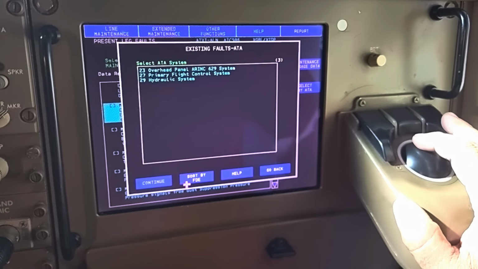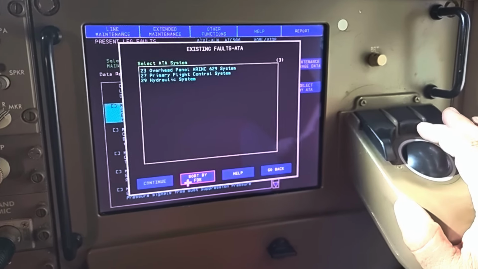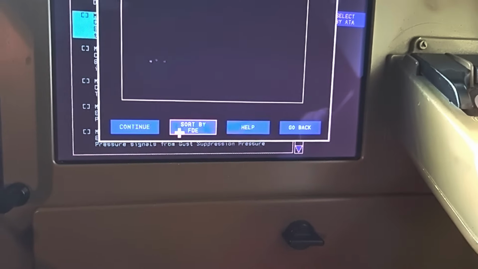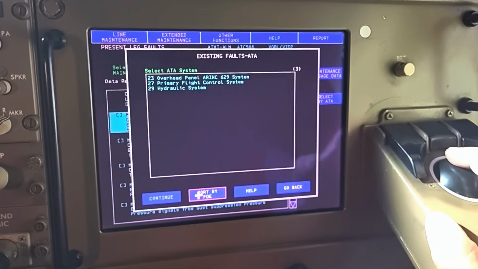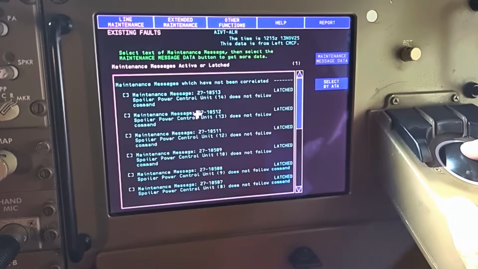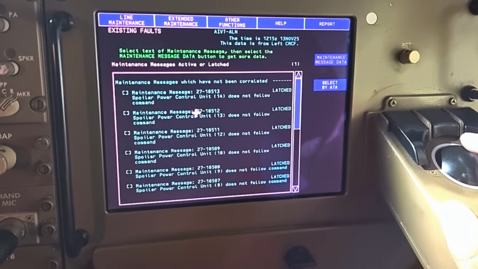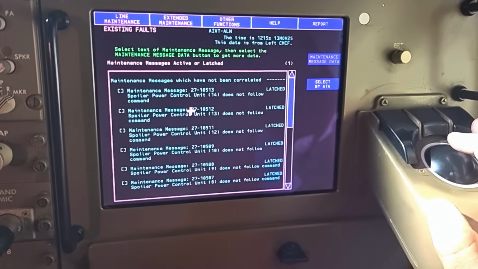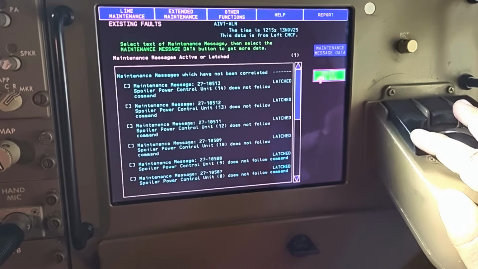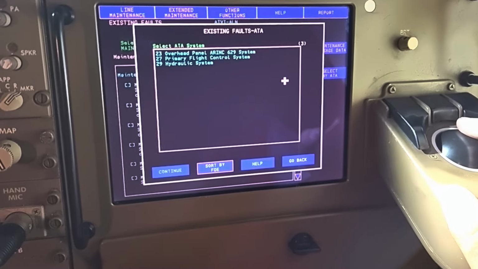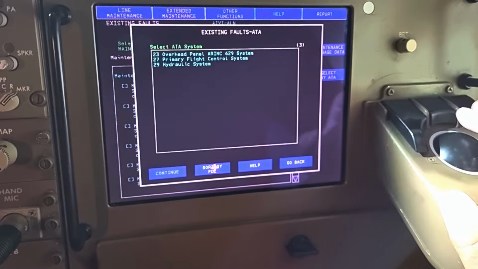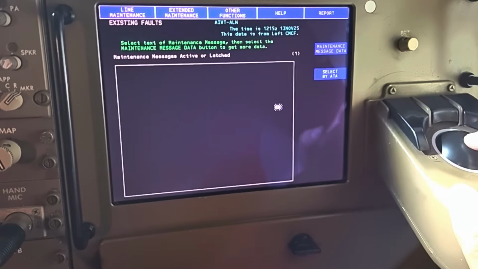So here these are some ATAs. If I want to see sort by FDE, then any message related to this chapter having a flight deck effect will be shown here. So we can sort it out and get less data. Suppose I sort by FDE, then I'll be getting those existing messages which come with flight deck effects. So you can select by ATA. Here you can see the last one also. Okay, let me go back here, sort by FDE. Now we have the last messages.